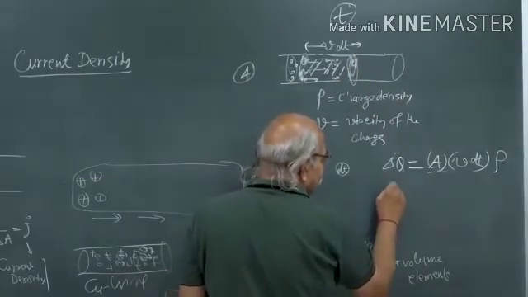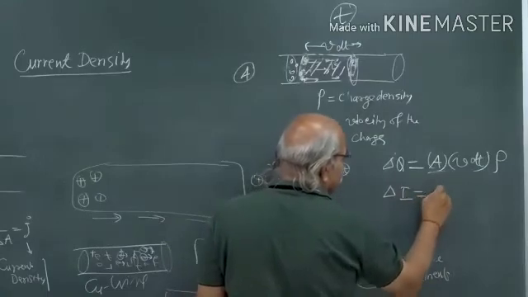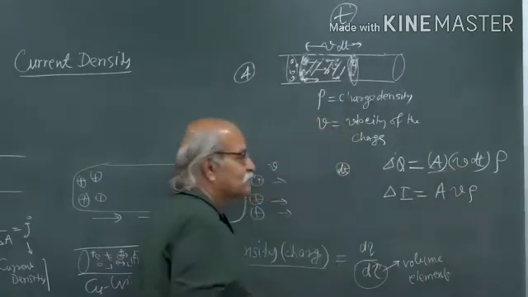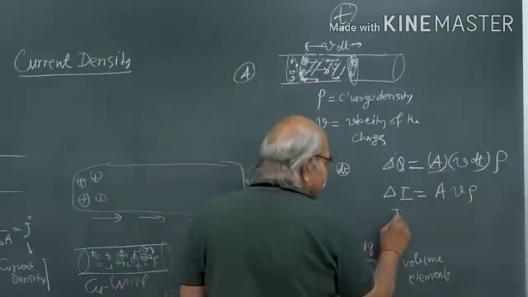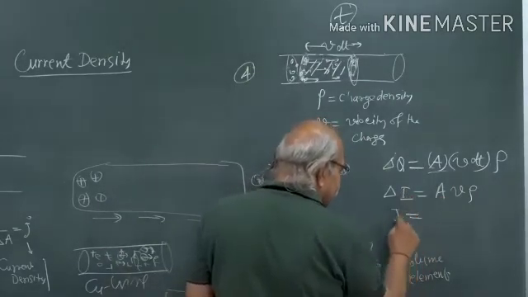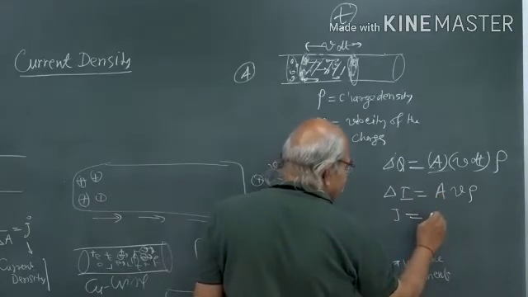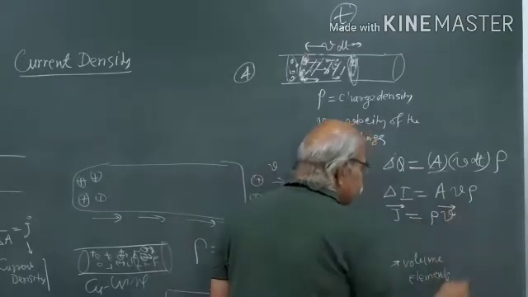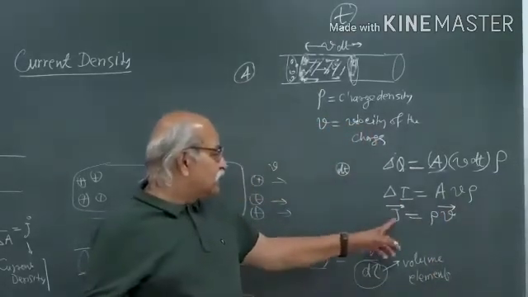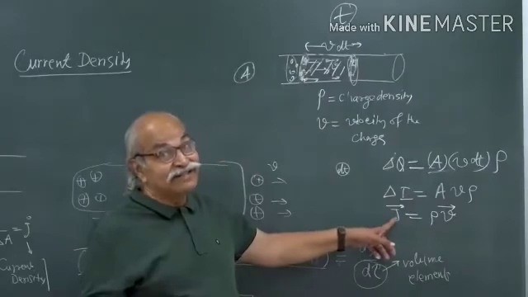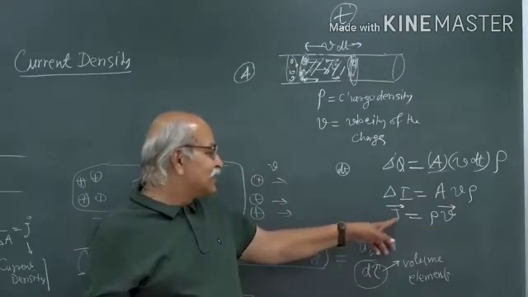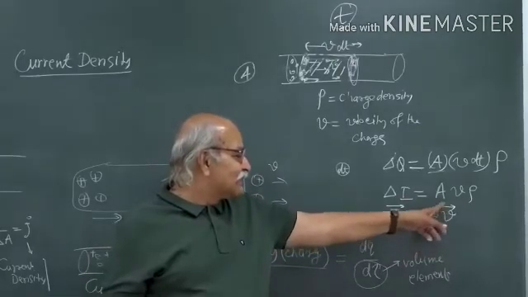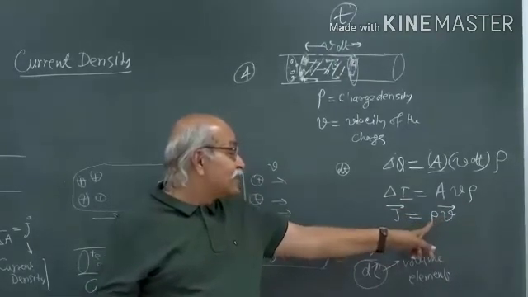The current will be A into v and into rho. And how much will be J? J will be current divided by that area, and that will be rho times v, and I put a vector sign. The direction of this current density, now I have current density, is the same as the direction of this velocity v, provided this rho is